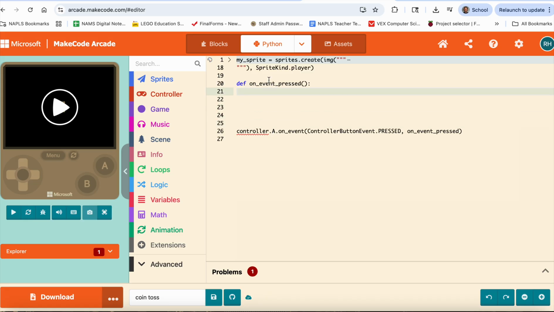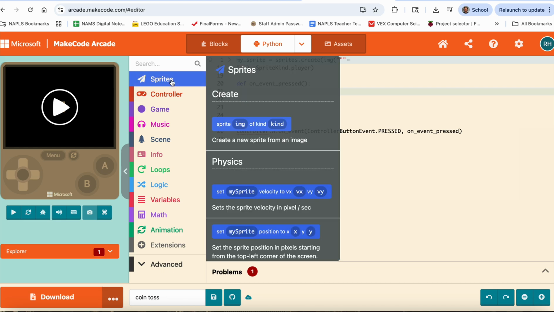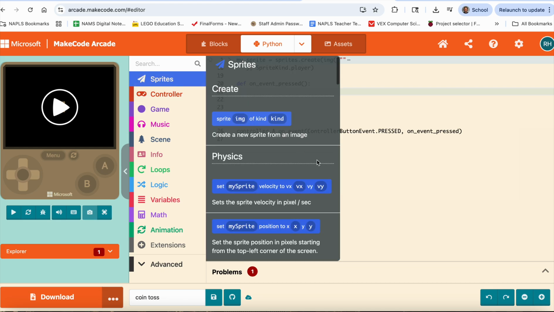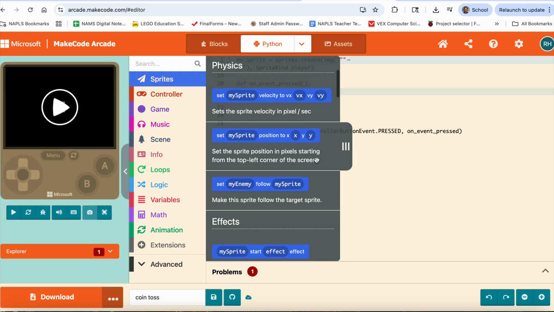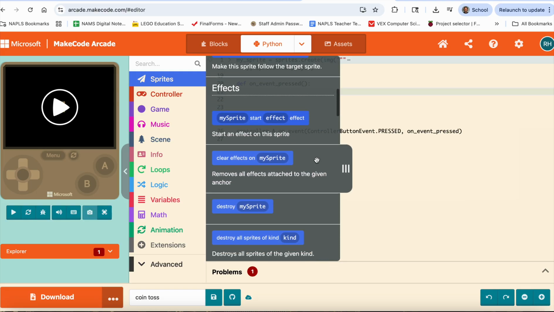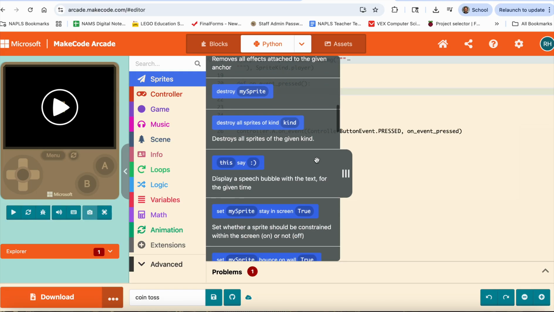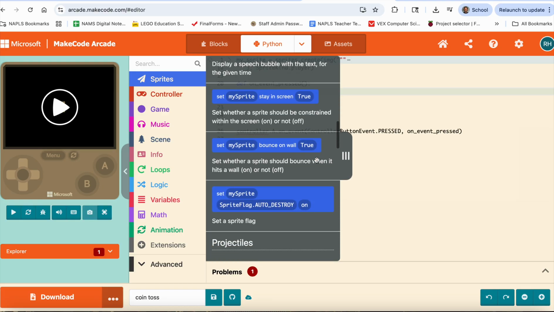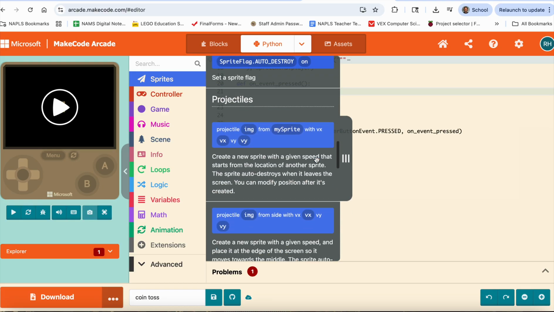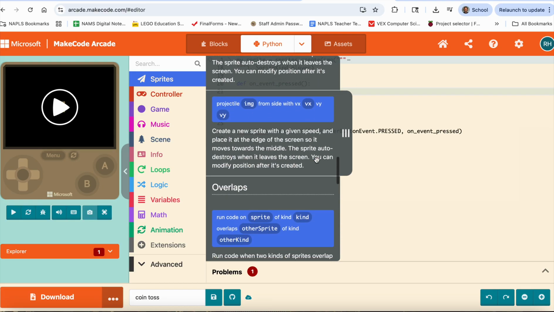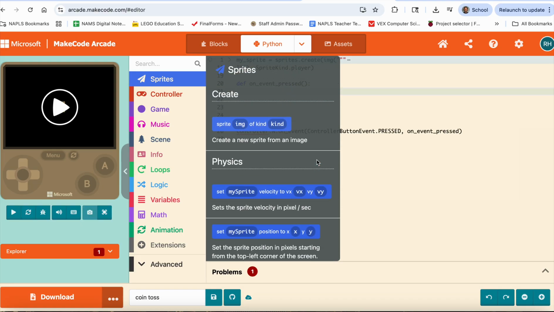So the first thing that we're going to want to do is we want our coin to go up in the air, so we want to change the Y. So I'm going to go to sprites, and let's see if start effect, clear effect, destroy all kinds. Nope, I'm not seeing it. So we're going to have to type it in. So we will have to say